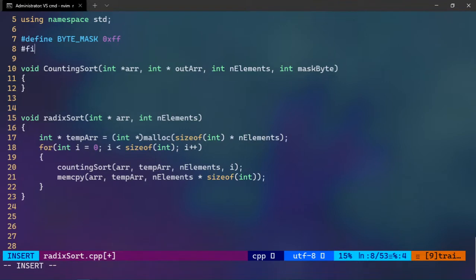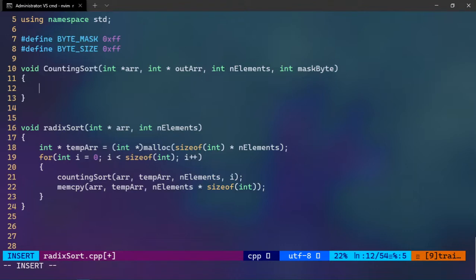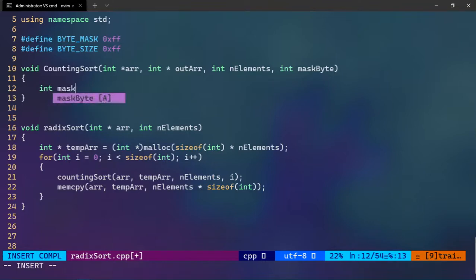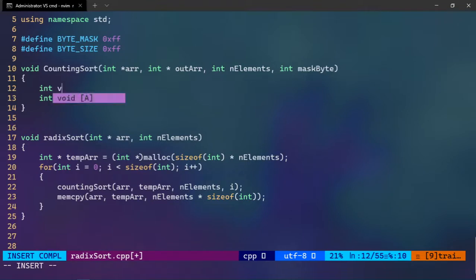Now I can also define the size of our counting sort array, because this kind of information works. So byte size, like how many bits are there in a byte. So byte size, which is also 0xff. Okay, so we have these, byte mask and byte size. So obviously first of all we will have our mask ready that we want to use. So we will have our int mask, and before we prepare the mask we need to know how many bytes we need to offset it. So int byte offset